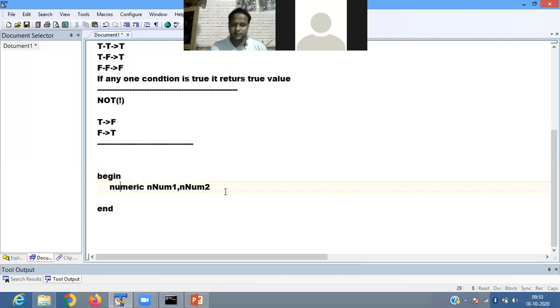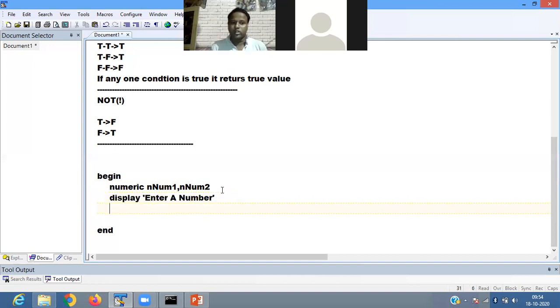So here we have to mention display, enter a number. Then it is asking you to enter a number.